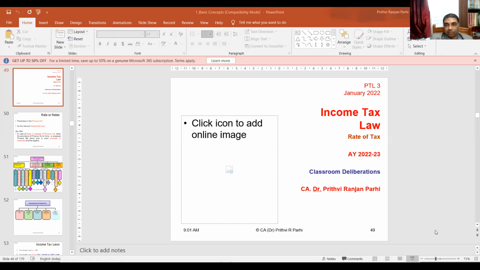Now, quickly, let me share some slides with you, which you have already seen. Most of these slides you have already seen. Not slides, but the concepts we know. But coming to rate of tax,